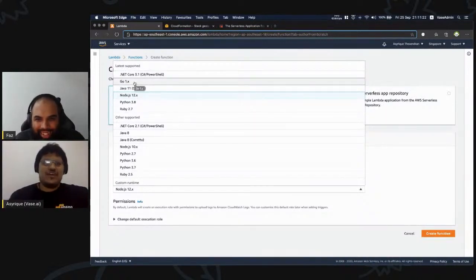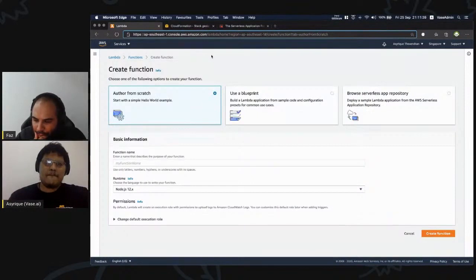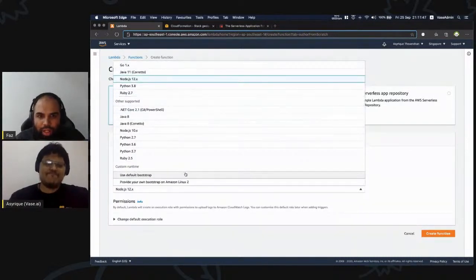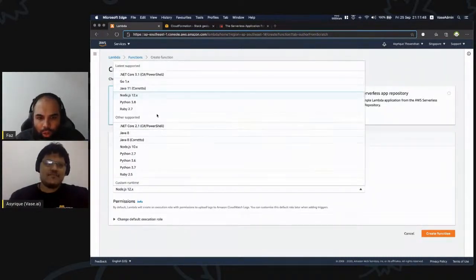So if you're a hardcore C programmer and you say, I will not write anything else but C, but I want to write a serverless application with C, you can do that by selecting the Go runtime and shipping your C binary. Yeah, and there are folks who have built some kind of transpilers on the side. For example, Rust, you can actually bring Rust in also. Yes, Rust is a programming language. So you can just bring that and provide your own runtime.